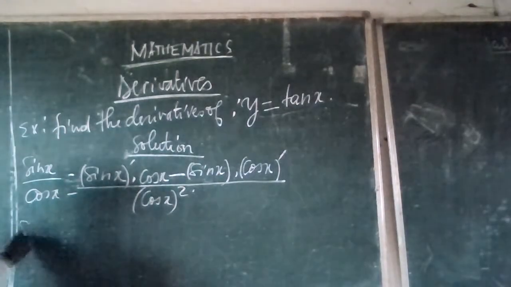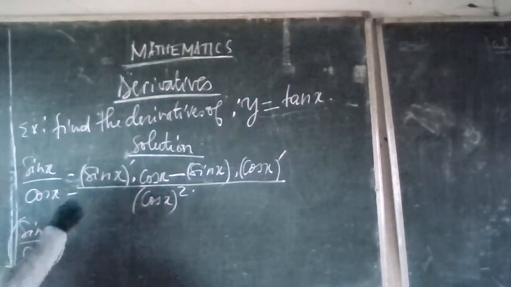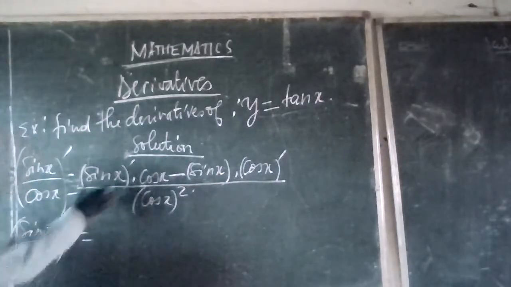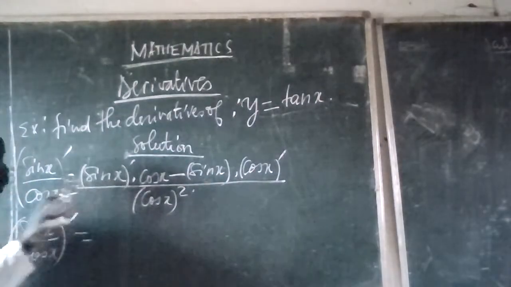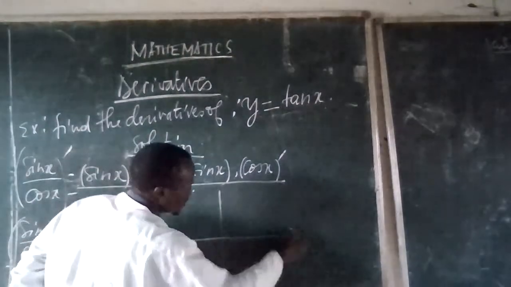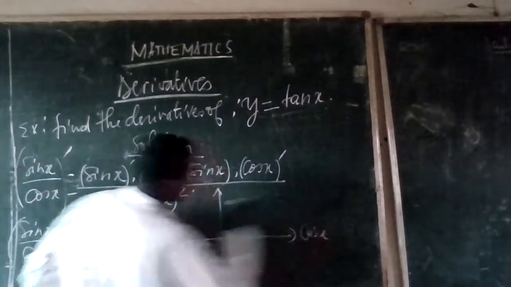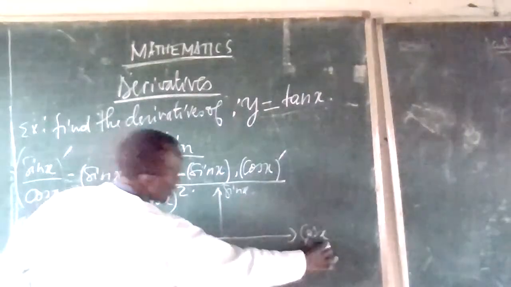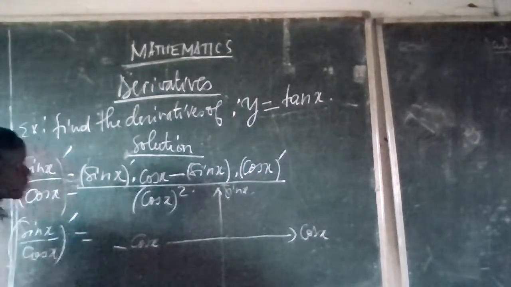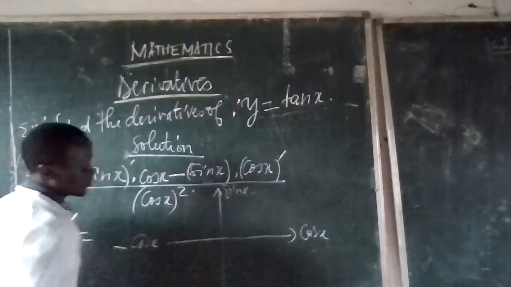Then sine x over cosine x, the derivative is what we have. As I told you last time, we have seen the derivative by using these two axes, where we have cosine x and sine x. The inverse of cosine x is equal to minus cosine x, and the opposite of this vertical, it will be downward,